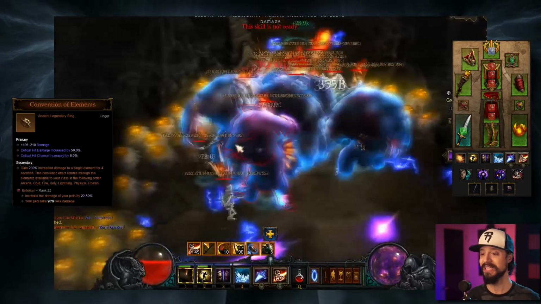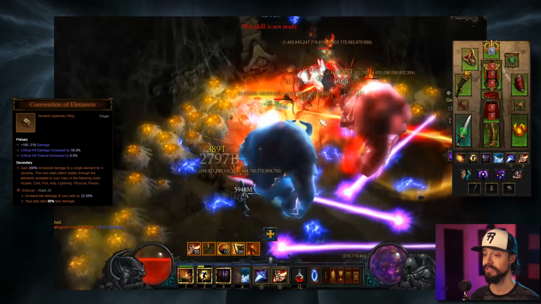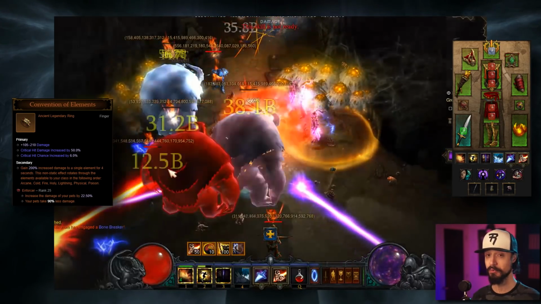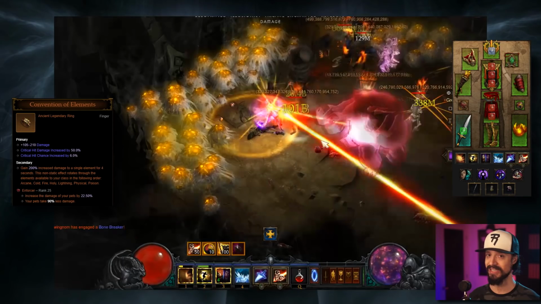Now you'll note that we're also taking an Enforcer gem. This is the pet gem, however we only need it to be level 25. Why? Your pets take 90% less damage. When you're pushing, your mirror images tend to die rather quickly, so giving them that 90% damage reduction really helps